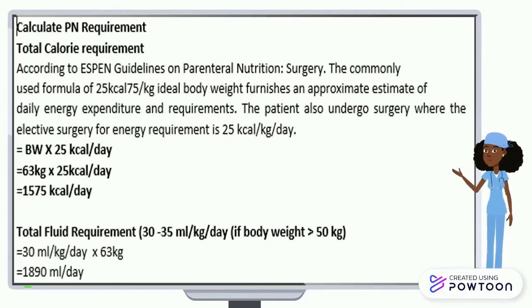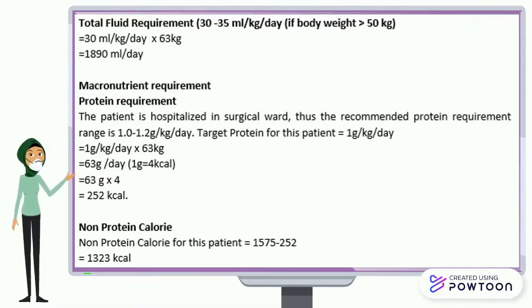parenteral nutrition surgery. The commonly used formula in the case of this patient is 25 kilocalories. For the total fluid requirement, we use 30 to 35 milliliters per kilogram per day. This range is used if the body weighs more than 50 kilograms, and we know the patient weighs 63 kilograms, therefore this range is suitable to be used in calculating